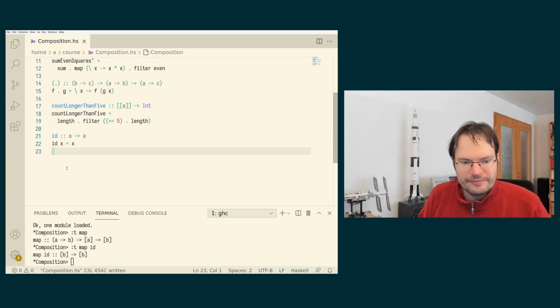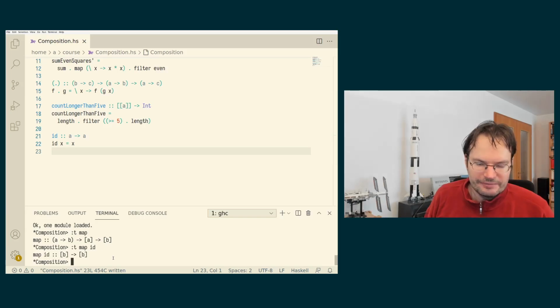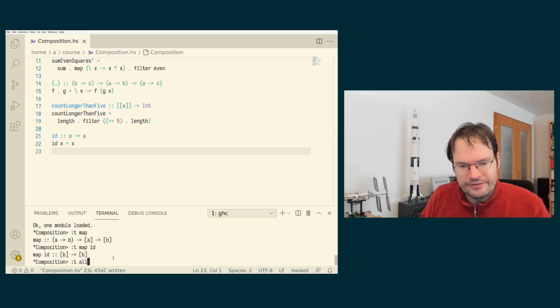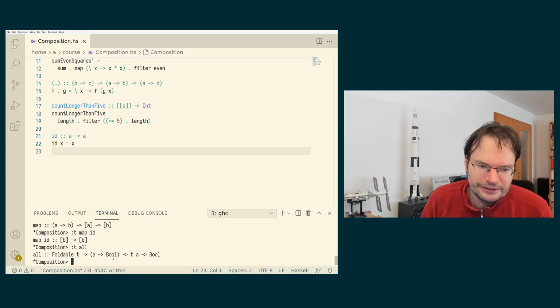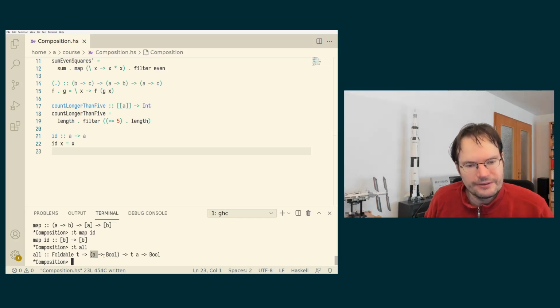But we have some other functions, partially functions that we have not been looking at in all too much detail yet, but that have interesting relationships. So there is a function all, and this is the Foldable form, but let's restrict it to lists. So all is a little bit like filter in the sense that it also takes a function from a to Bool as an argument, right? And then it takes a list of a's,